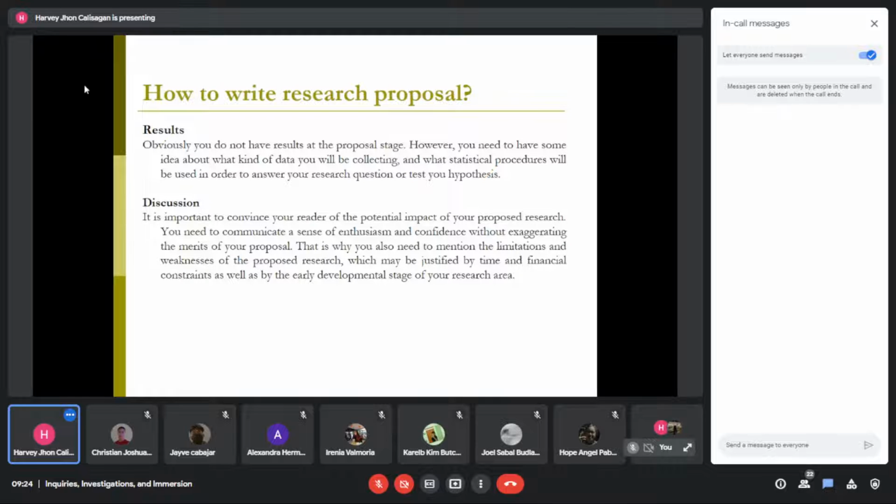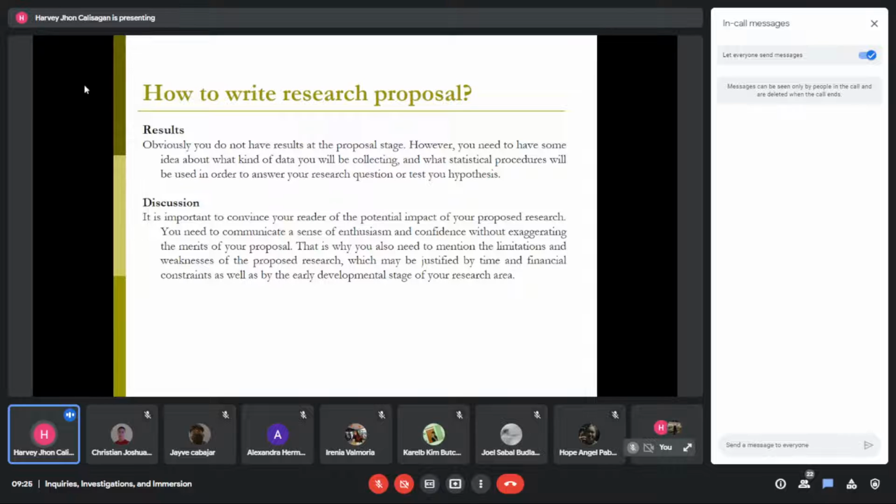No? And for the discussion, it is important to convince your reader of the potential impact of your proposed research. So it depends on what kind of problem that you are about to establish. You need to communicate a sense of enthusiasm and confidence without exaggerating the merits of your proposal. That is why you also need to mention the limitations and the weaknesses of the proposed research. When you are able to answer that there is a limitation and weaknesses of your proposed research, that's the point of defending the title. Because once you have justified your research already,